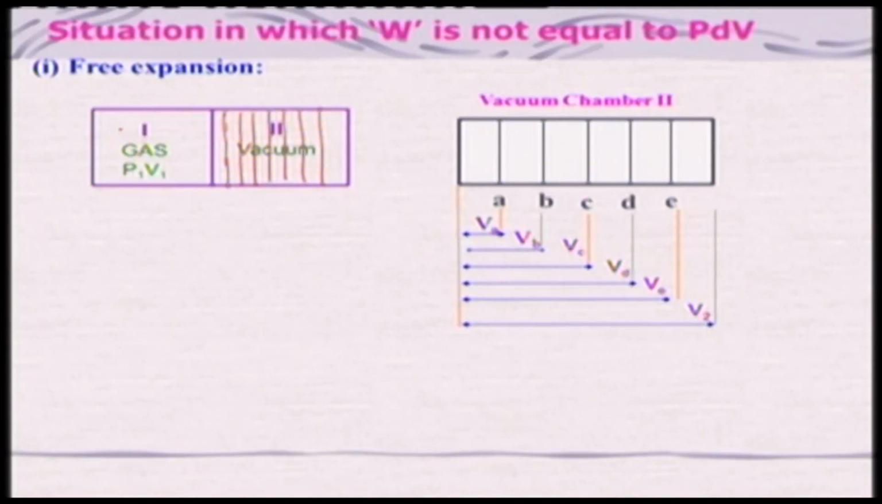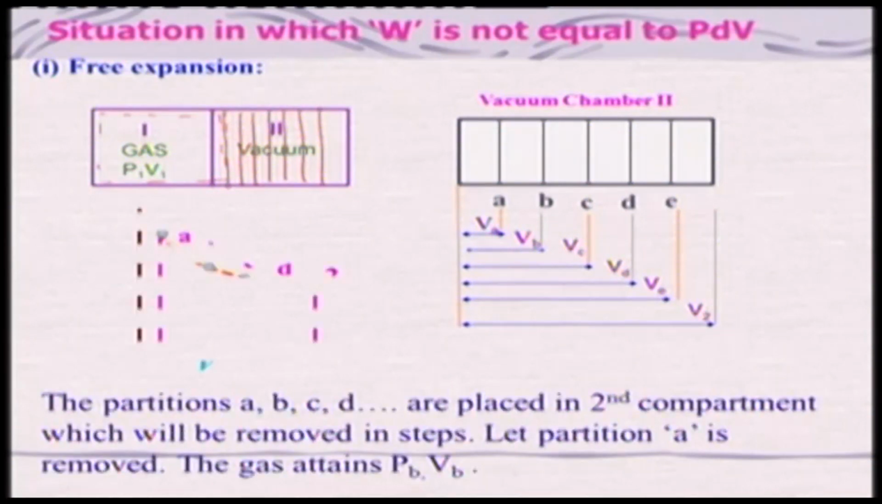Because the gas is the same in the system, and the volume earlier was in chamber 1 and it has increased, so the pressure will be reducing, am I right? So you can think the pressure is here, P1, and if the partition is removed here, you will go to point A. And similarly another partition is removed, you will get B, C, D, like that, all the partitions you will be removing,